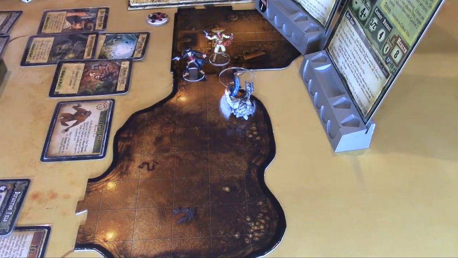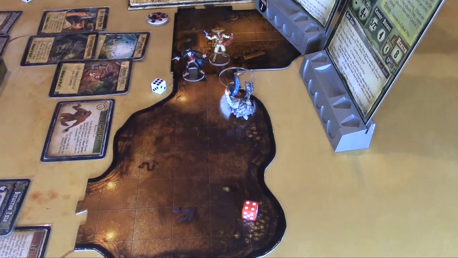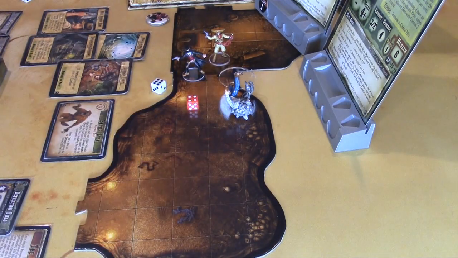Alright. Next thing to do is catch our breath. Red is the Bandito, who gets D6. He gets 4. So he'll heal 4 wounds, though I don't know it matters because we just finished. And